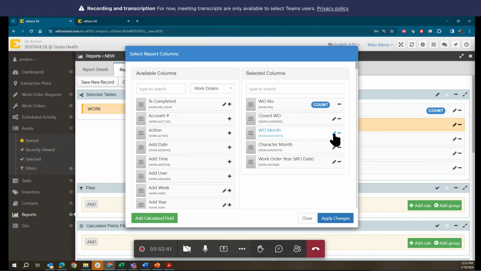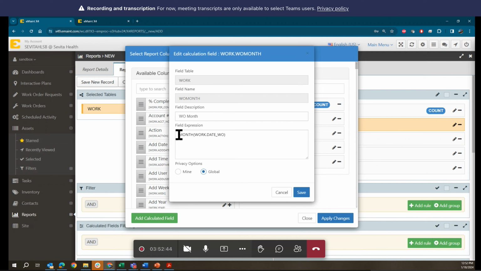For the next one, the month, this month is a function. I'm going to extract the month from this date, that is the field. Okay, so the syntax, the first one, the month is the value that you want, and then work.date_wo work orders, that is the table. Yes, exactly. The field from the work order tables that I want to use to extract the month. Okay,